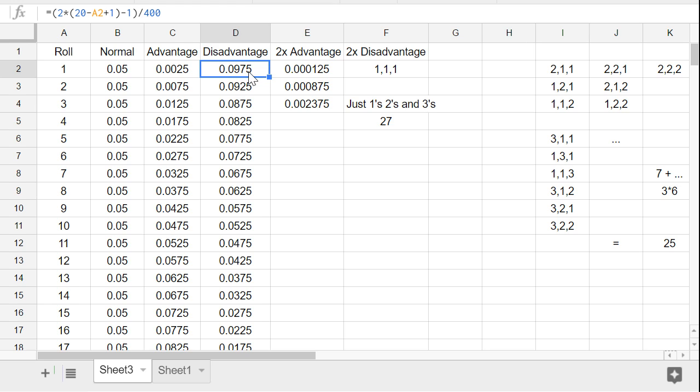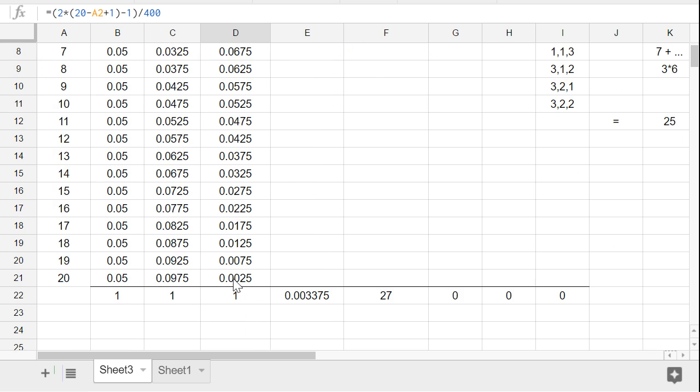So if you wanted to do the formula here, it might take a bit of thought. We want to start here. But just remember that this should give us 1 in the end. And I think it should use the same logic of 20 minus something, right? So it should be 20